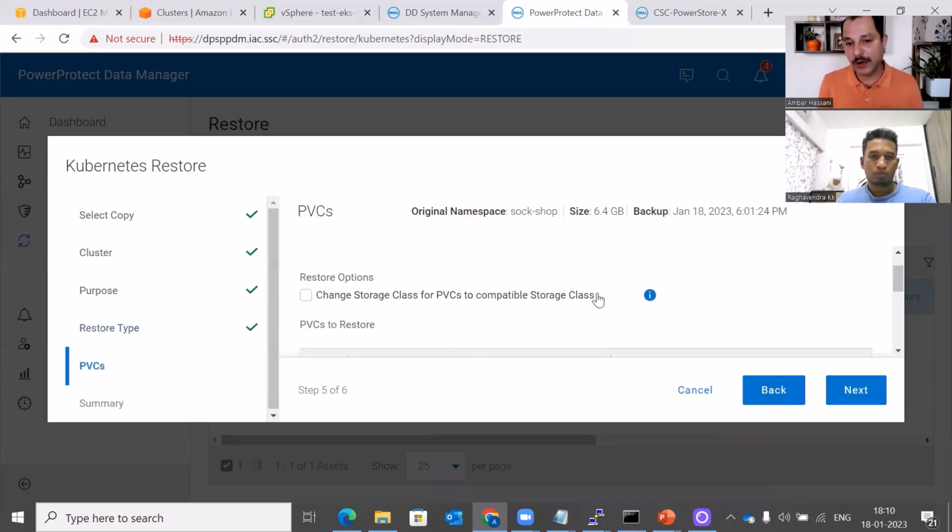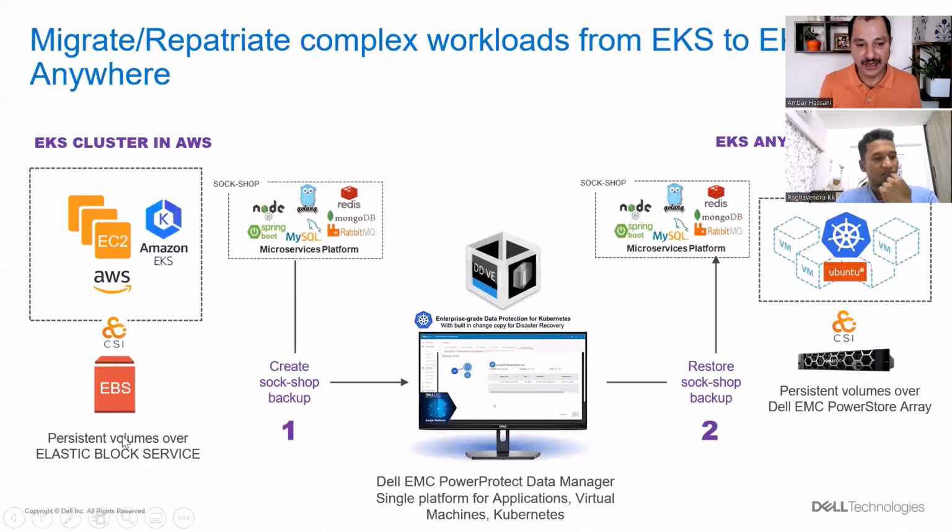This is a very important point, and I think one of the most pressing challenges today from a Kubernetes data migration standpoint is that at one end, think of it visually, at one end, your CSI, the data that is residing here, the storage provider is EBS, and it's based on EBS CSI. In the target cluster, there is a different CSI driver that's coming from our storage array. Now, when you are moving data from A to B, the target storage class is also changing, right? So it's not only a migration between the clusters, although the distribution remains the same, but the